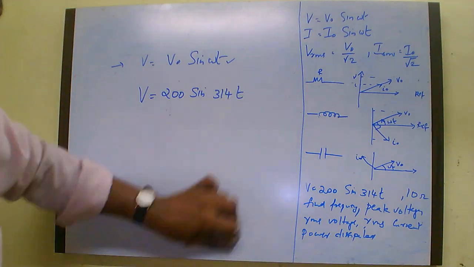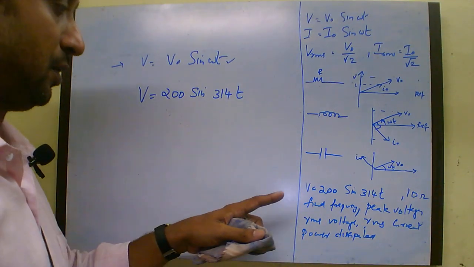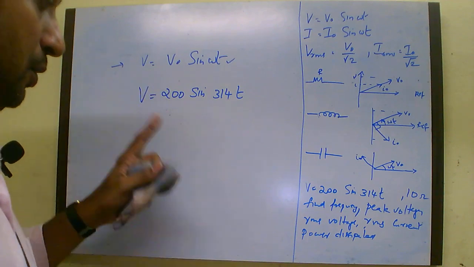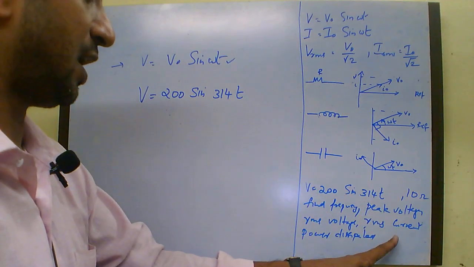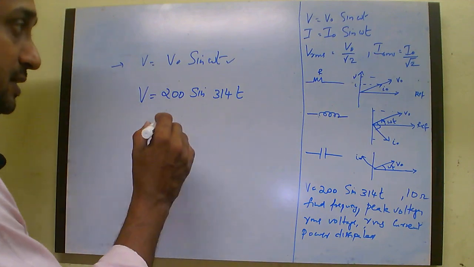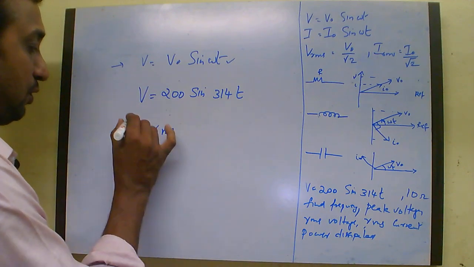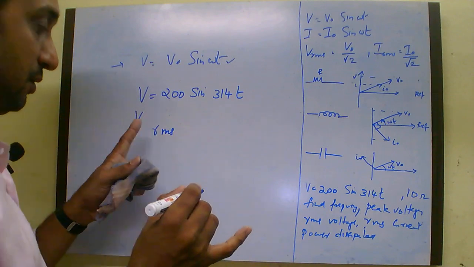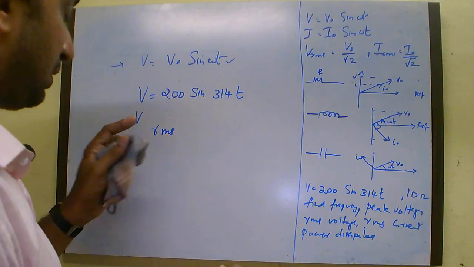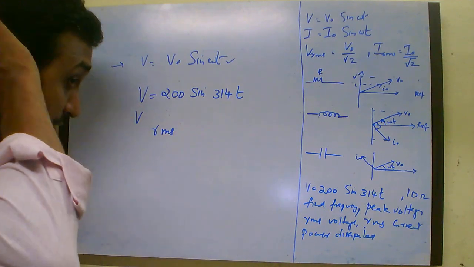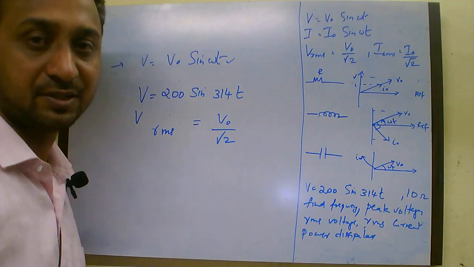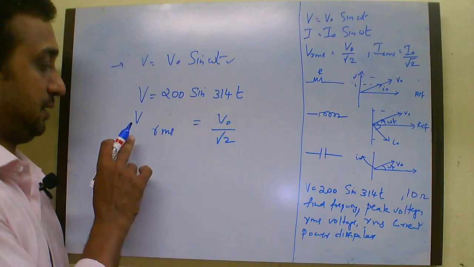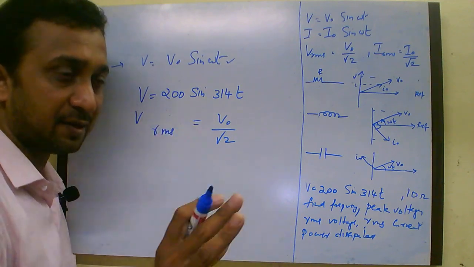Now, in the question they have asked you to find the frequency, peak voltage, RMS voltage, RMS current, and power dissipated. What is this RMS? RMS voltage means root mean square value, the root mean square of the voltage. So we have one relation, VRMS is equal to V0 by root 2, which represents, see this RMS value